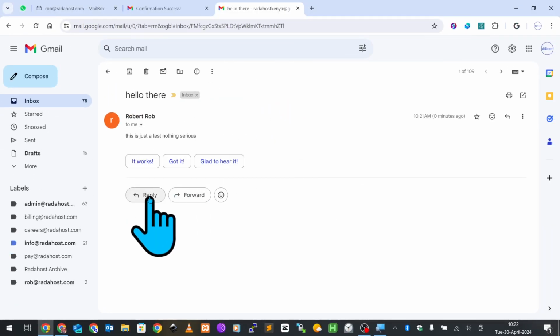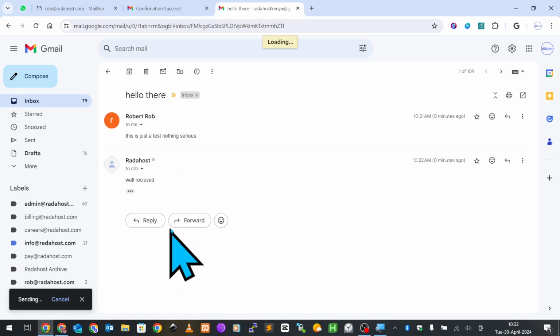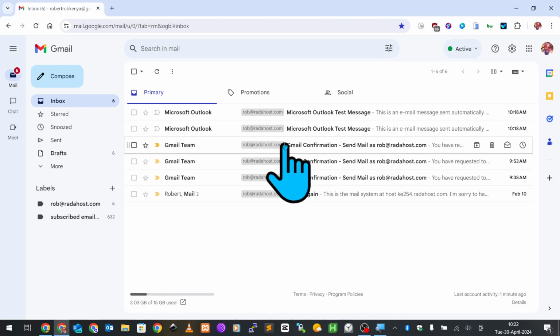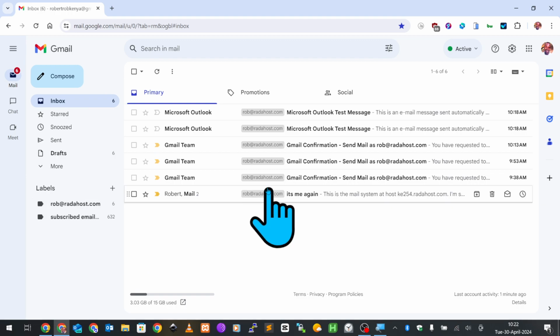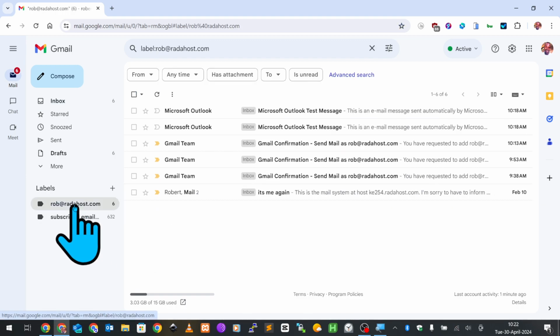If I reply and say well received, and send it back, if I go to the other Gmail interface here, after a few seconds you should see it here under robertschroders.com. Okay, I'll refresh this page, refresh the page,